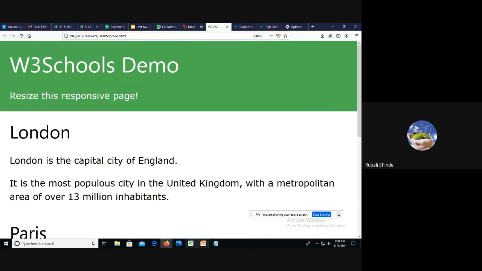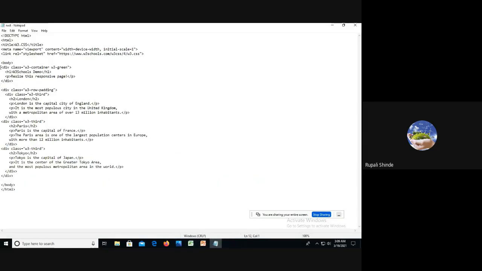I am not specifying anything in my code. Here I am not specifying that the background color for the div is green and so on. All these styles are well defined within the w3.css file. I just have to include the w3.css framework style sheet, so we can say it is a framework. I just have to include it with the help of the link element, and I am going to use the properties defined within w3.css. Are you getting it?